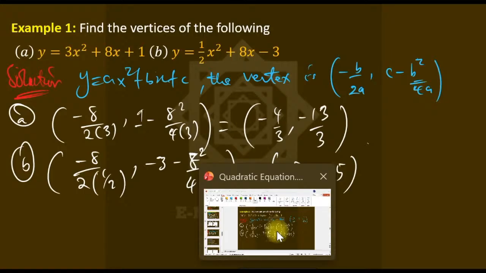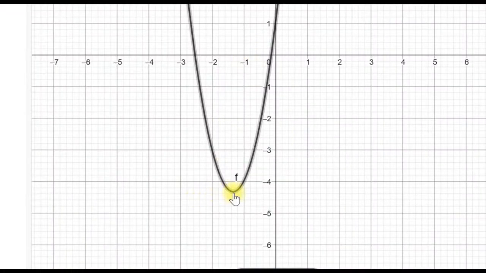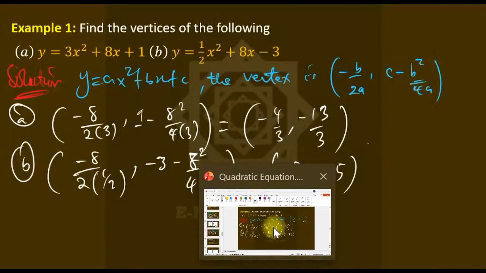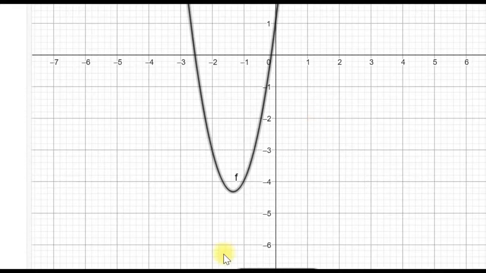Minus 4. X is minus 4 over 3. That's minus 1 point something. Let's check. You see, here is minus 1 point 333. Y, the K, that's K now. The Y coordinate will be minus 4 point something. Let's check. That's minus 13 over 3, which is minus 4 point something. So do you see we're correct? So why the second one